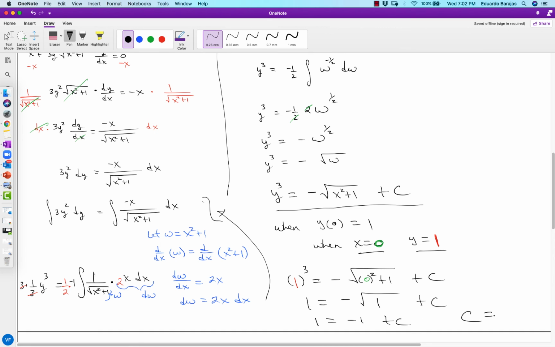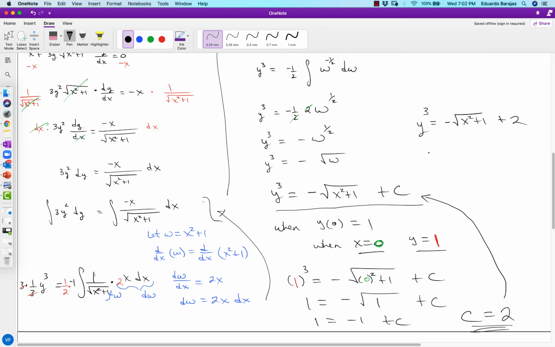Or, adding 1 to both sides, c equals 2. Good, and so now that I get that c equals 2, I can come back over here and replace the c with the 2. And so I get that y to the third power equals negative square root of x squared plus 1 plus 2,